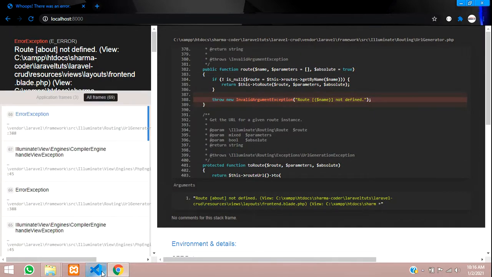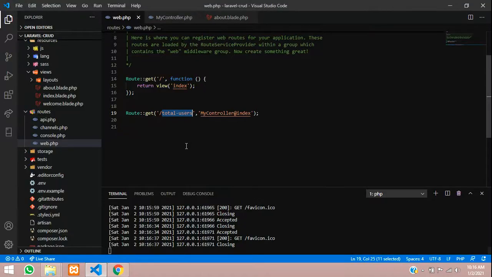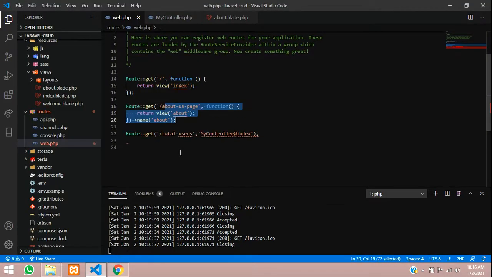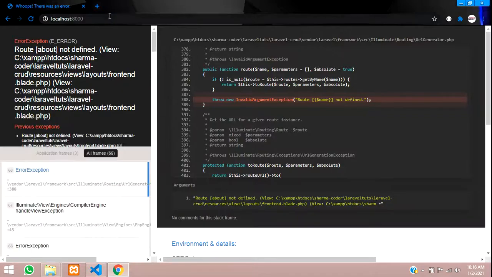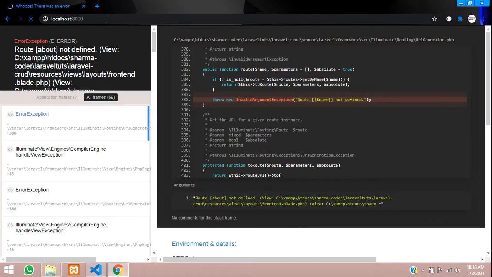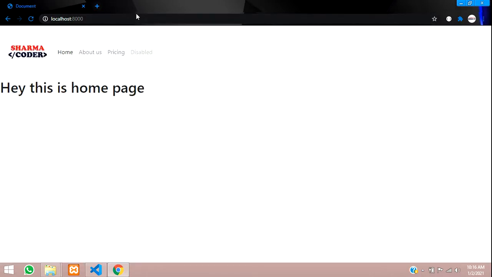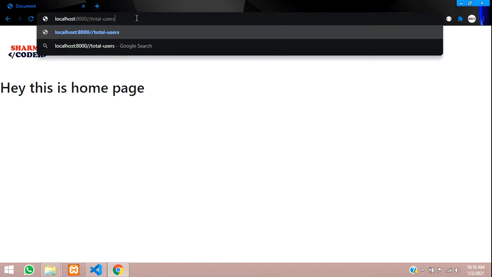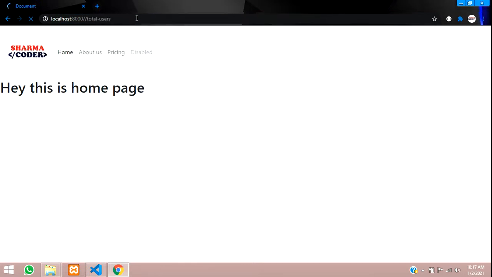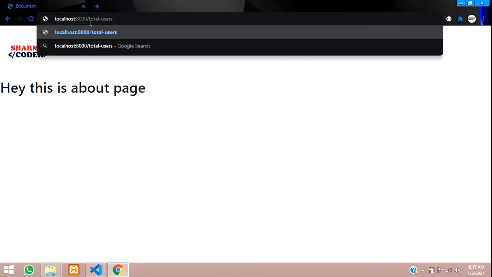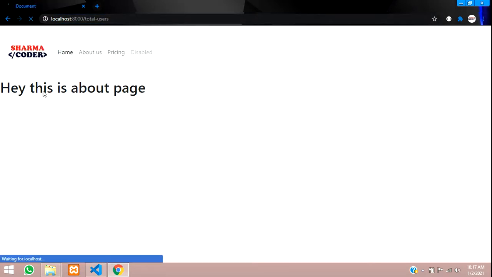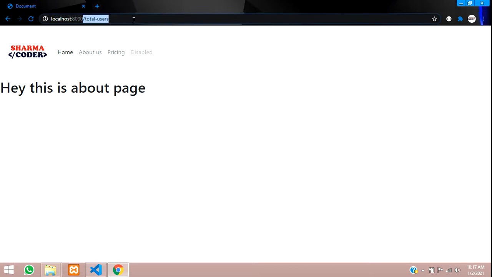Okay, so let us leave it like how it was, or else we have to make some more changes. Copy this, go to the output and reload the page. Okay, so everything is working fine. Now with this URL, let us check if the about page is able to come. Just a double slash over here, remove it. Okay, so we got the about page with the help of this URL.